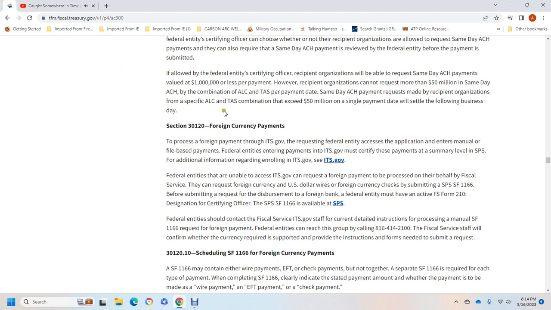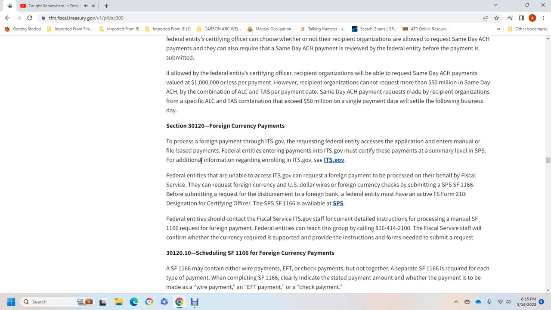I believe it's the Treasury system. The government must certify the payments. For additional information regarding enrolling in the International Treasury Services System, Gov, a federal entity unable to do so can use the International Treasury Service, Gov, which can request the foreign payment process on behalf of officials who request the foreign currency, the U.S. dollar wires,